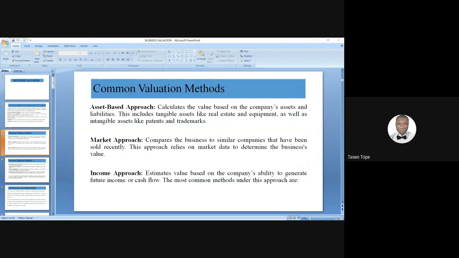It is the maximum amount that the acquiring company will pay to a target company in the event of merger and acquisition. So when you want to acquire an asset, how much will you pay that organization? Under the replacement value method, the value of a business is determined same as under book value, but the historical value of some of the tangible assets is replaced with the replacement value.